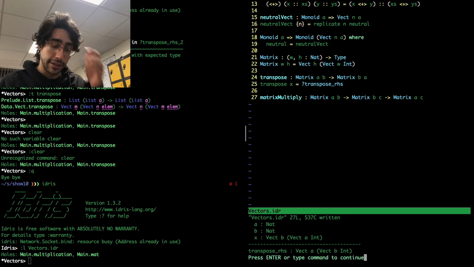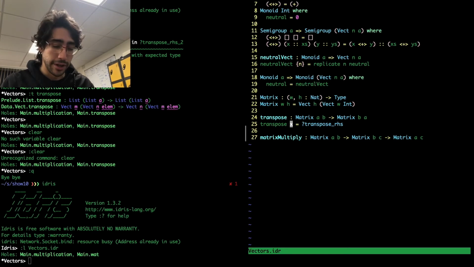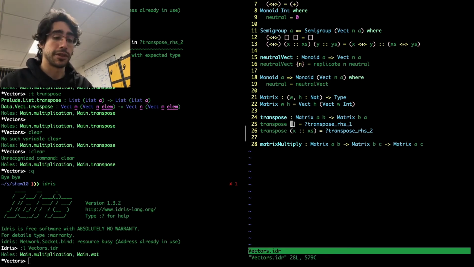If we look at the definition that Idris gives us, we don't really go anywhere, right? We're just given BA and we have to get to AB, but we don't know how. So a good first step is to pattern match on the argument and see what is going on. Since the first dimension is the height, as we can see here, this is B, we see the height is 0, which means